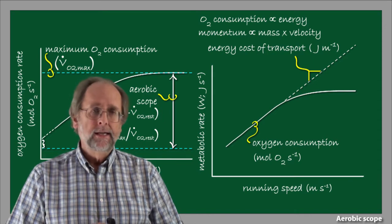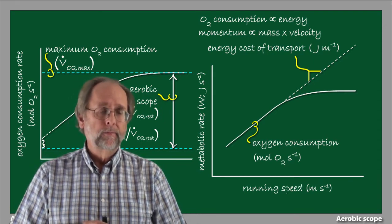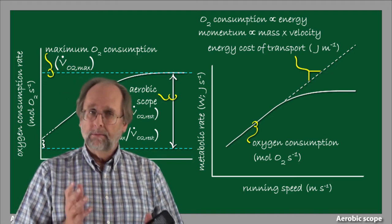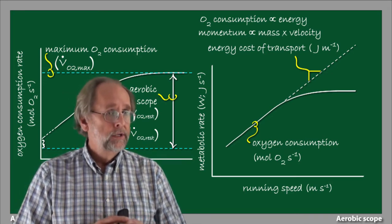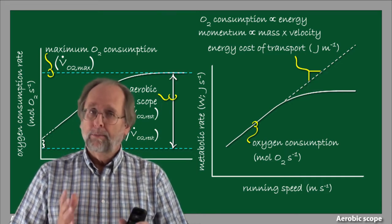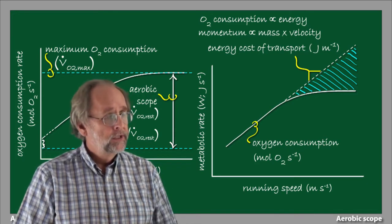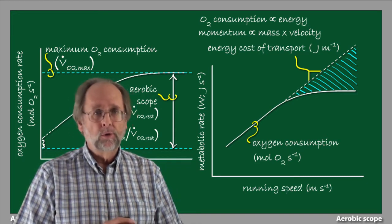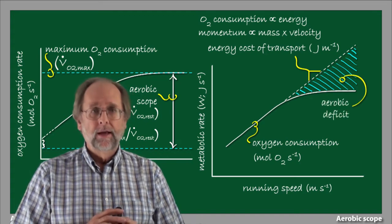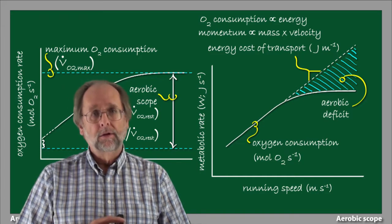But we can see that the two curves don't match over the entire range of running speeds. At lower running speeds, the match is pretty good, but at higher running speeds, as oxygen consumption levels off, the departure between the energy cost of transport and the oxygen consumption to support it increases. This quantity is known as an aerobic deficit, and the accrual of an aerobic deficit leads to something called an